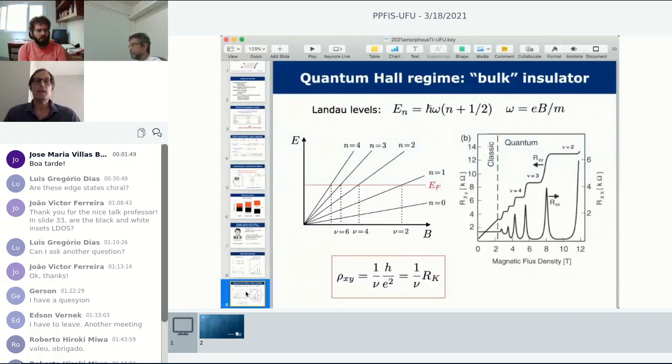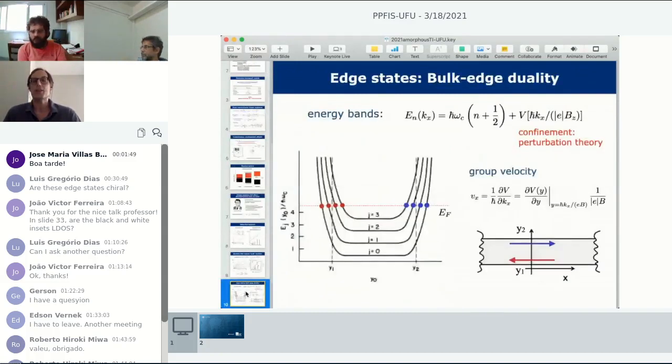The idea there is that you have to mix this Landauer picture with the Kubo, and then you get the whole thing. So this was an important paper by Halperin, where he said, well, basically you have these levels which are quantized, and then between levels the naive expectation is that you have a gap, and you shouldn't have any kind of signal.